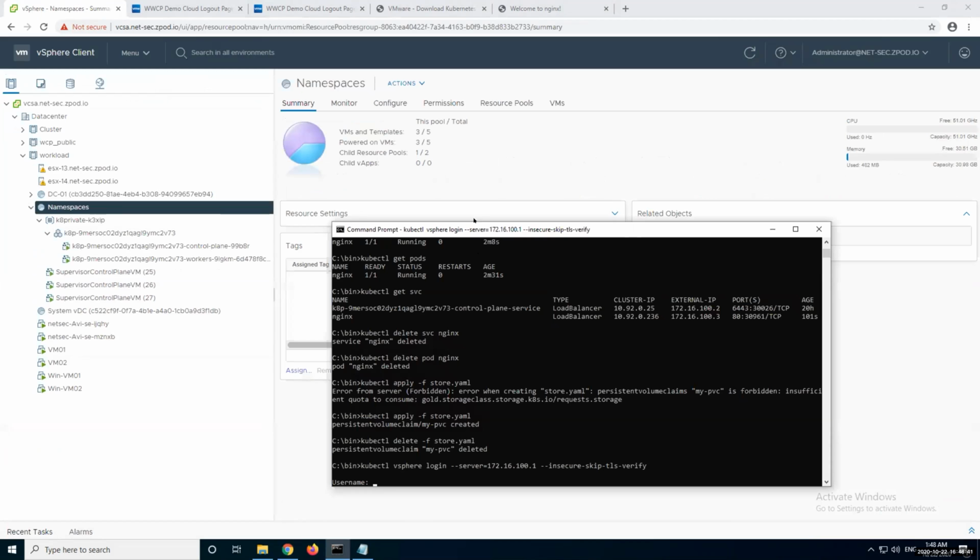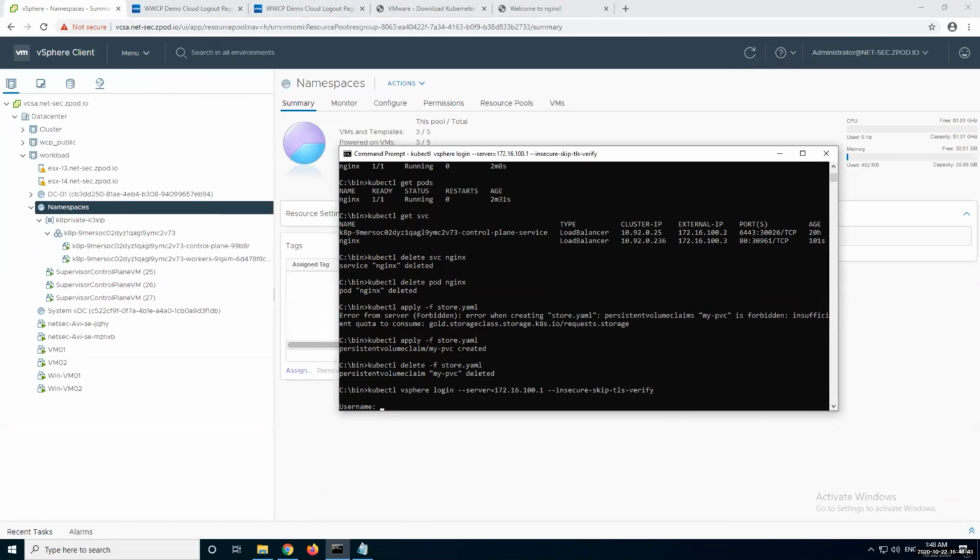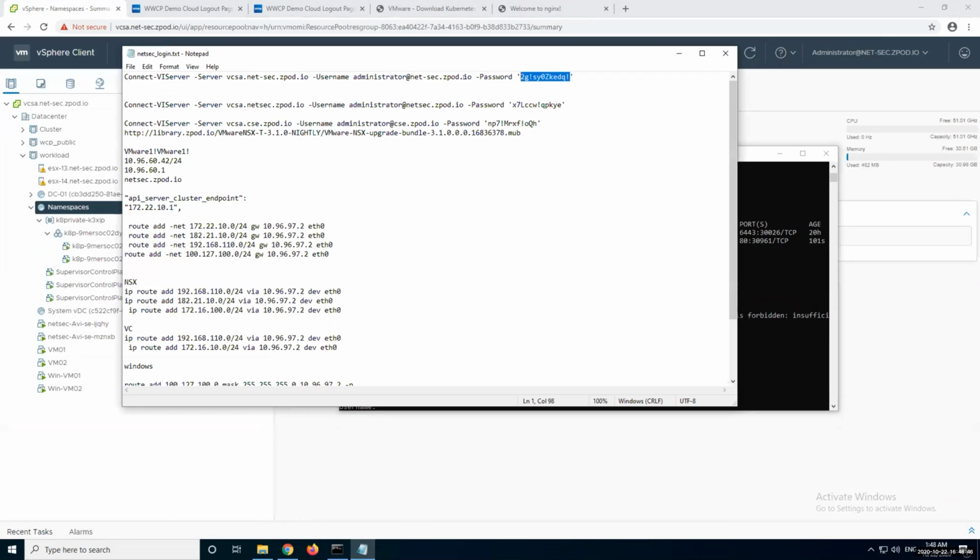When I say login, it will ask me my user ID and password. I am giving the admin ID,